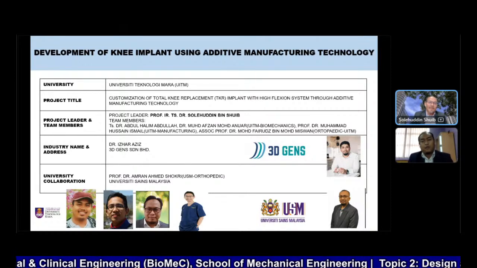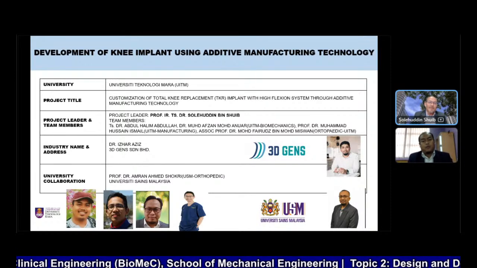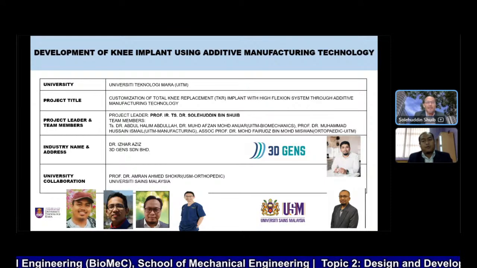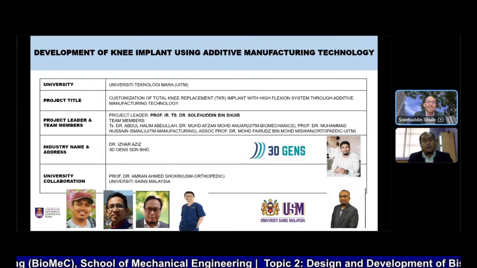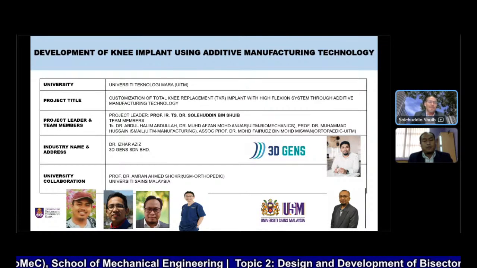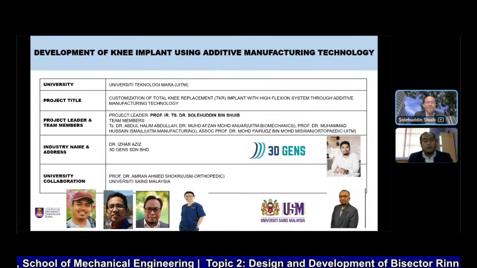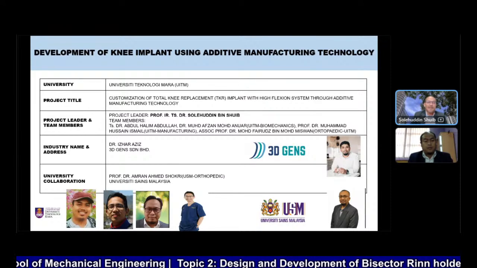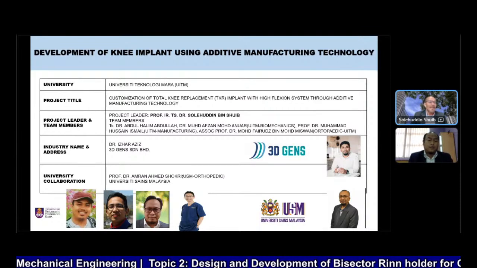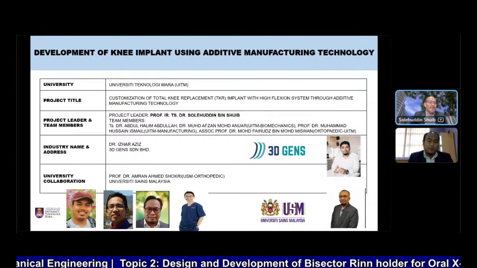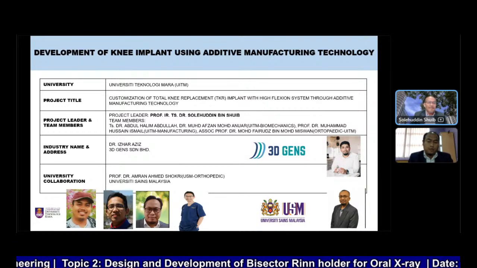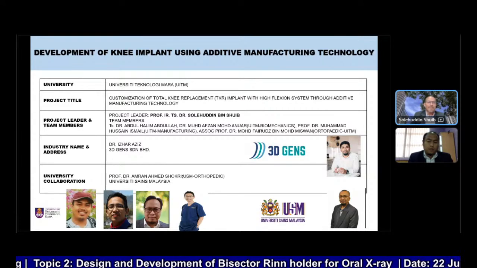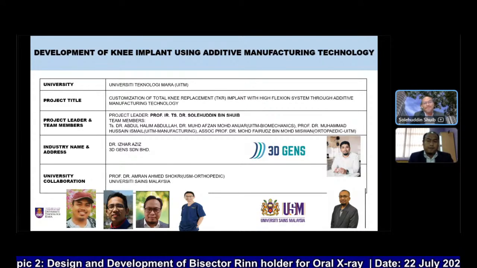Therefore, when people undergo the surgery, they can no longer perform prayer as usual. They can only pray sitting on a chair. So this is the topic of our project, which is the customization of a knee implant with high flexion